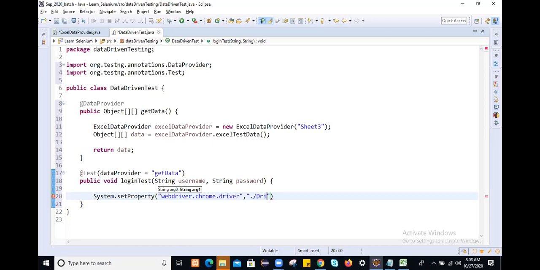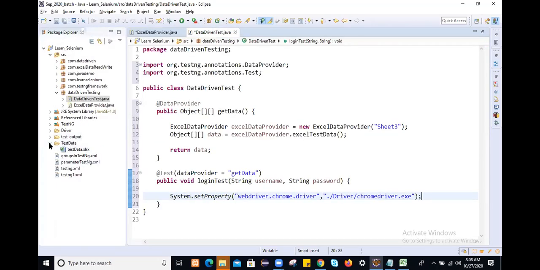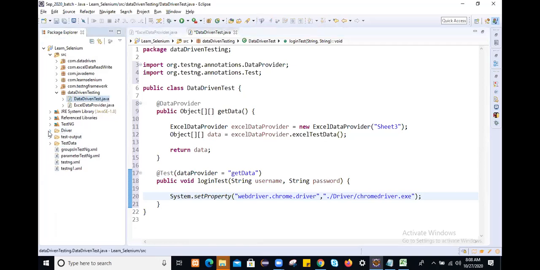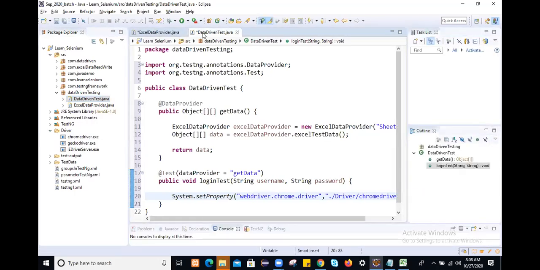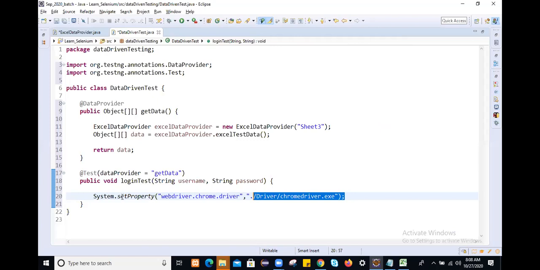We have a driver folder, and under that we have chromedriver.exe. Let me check once again: within this folder we have a driver folder, under that chromedriver.exe. We set the system variable path for that chromedriver.exe here.